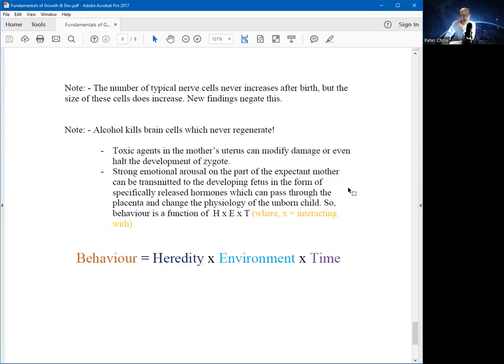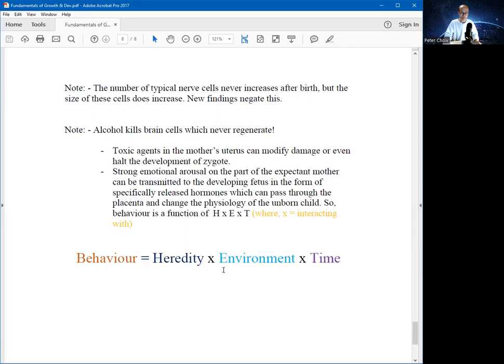Toxic agents in the mother's uterus can modify or even damage or halt the development of the zygote. And strong emotional arousal on the part of the expectant mother can be transmitted to the developing fetus in the form of specifically released hormones, like cortisol, stress hormones, which can pass through the placenta and change the physiology of the unborn child. So remember, behavior is a function of